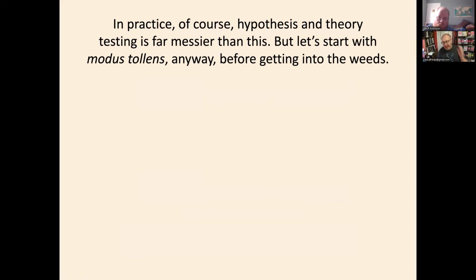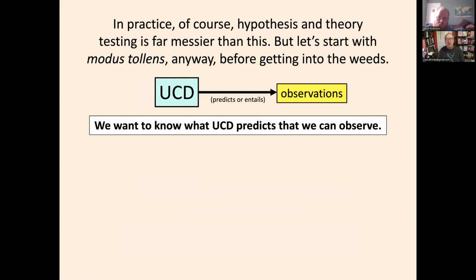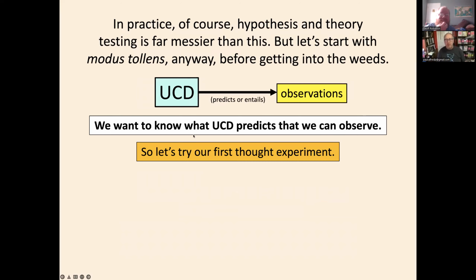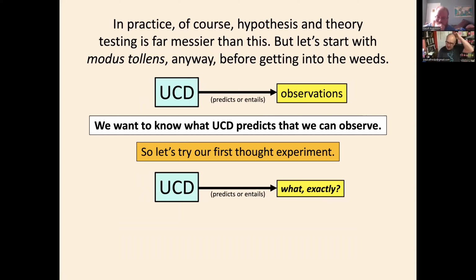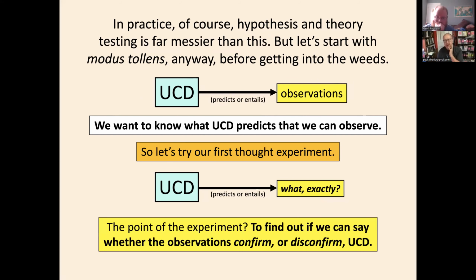Of course, actual theory testing is much messier than that, but we'll start with modus tollens anyway before we get into the weeds. So we want to know, what does universal common descent predict that we can observe? So let's try our first thought experiment. And the point of the thought experiment is to